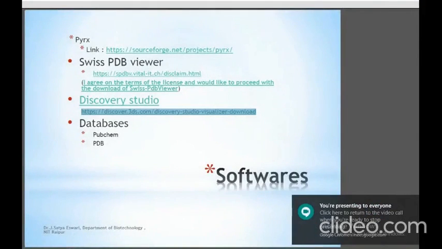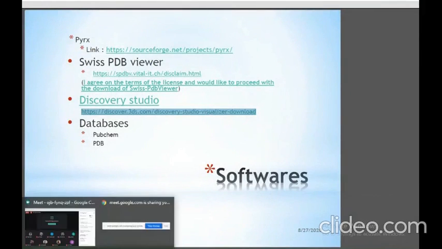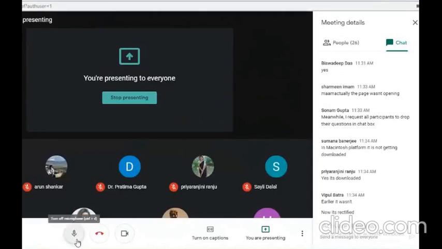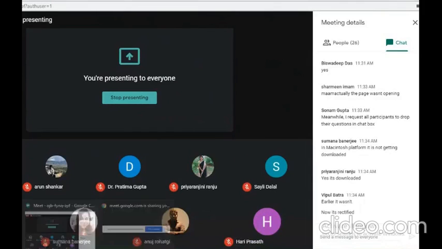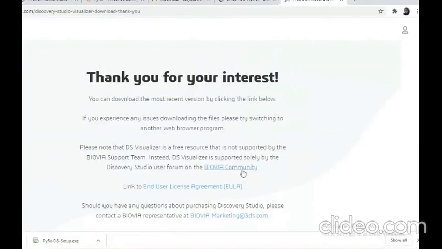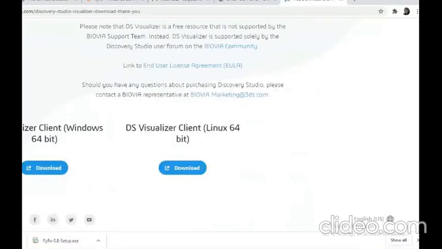Now we have taken all three softwares. Here the download option for BioVia will come. I downloaded the 64-bit version.